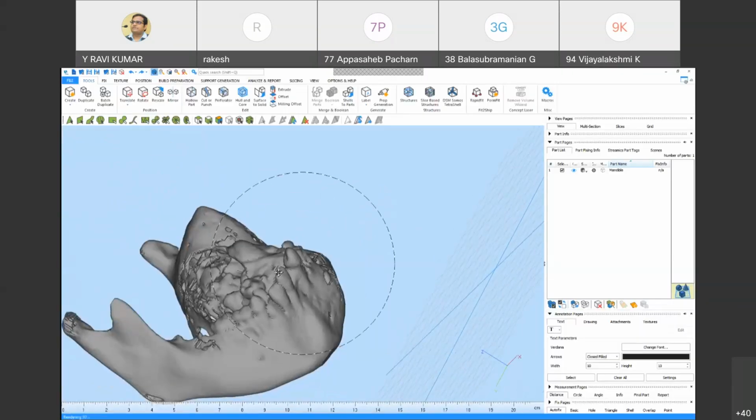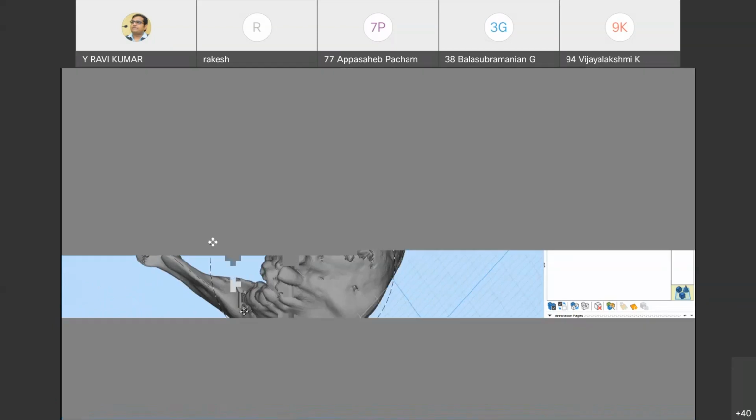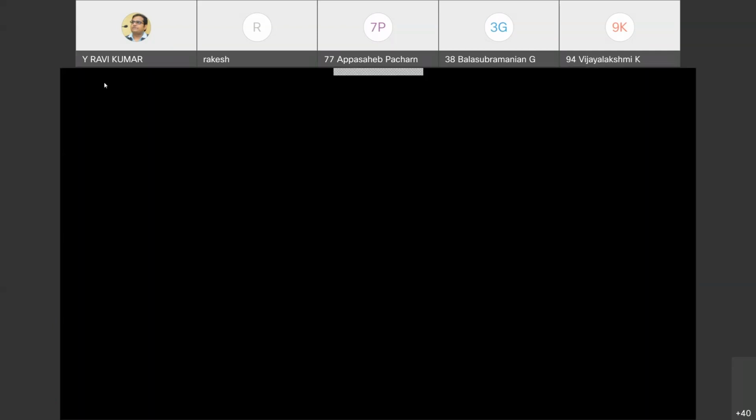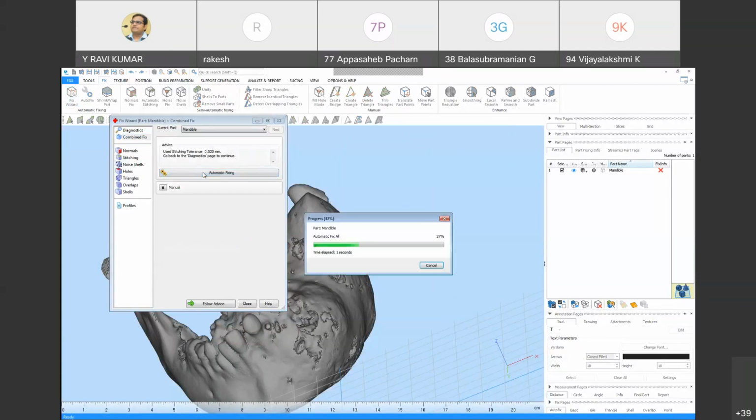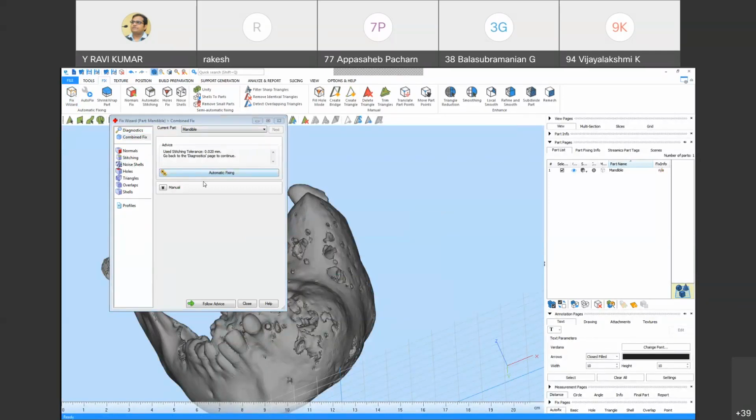Now I will first repair this file. Clicking on this Fix, first I need to check how many errors are there. Same way, shells are there, and overlapping triangles. Now I fix them all by clicking on automatic fixing.